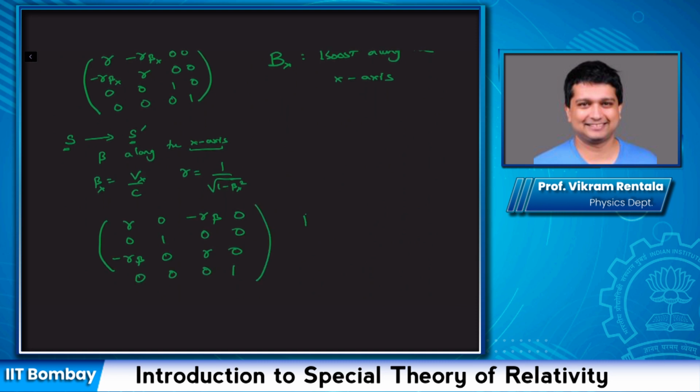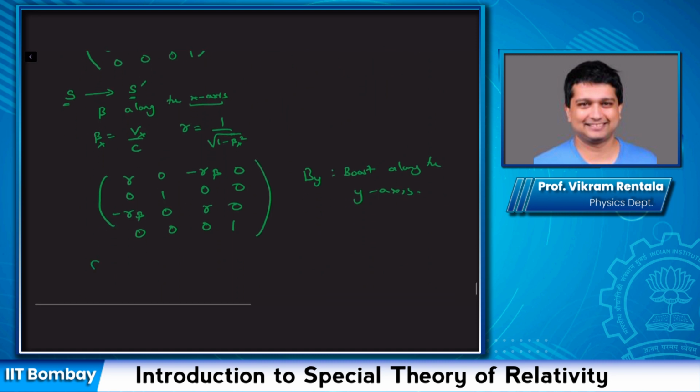And this would be a boost along the y-axis. In this case, obviously the parameter beta is different. Okay, this corresponds to a boost along the y-axis, so this would be taking us to some other frame